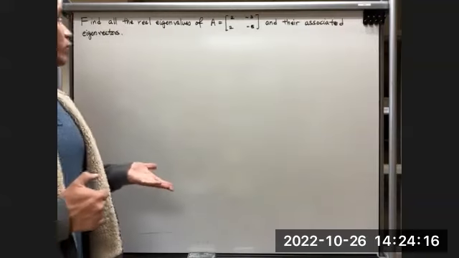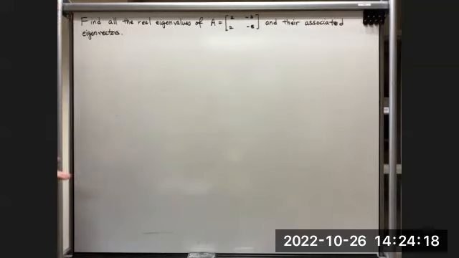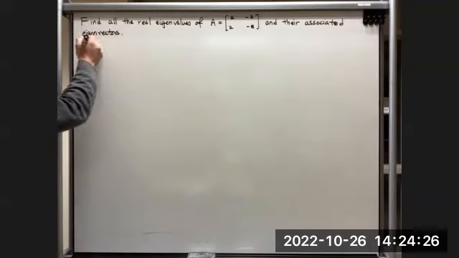Okay, so a problem for matrix algebra is this: find the real eigenvalues of the given matrix and their associated eigenvectors. Well, for that, we have to make a translation first. What are we trying to find? So first,